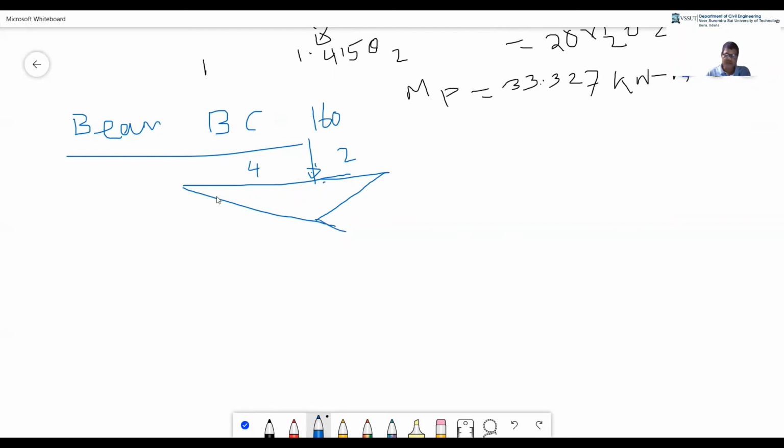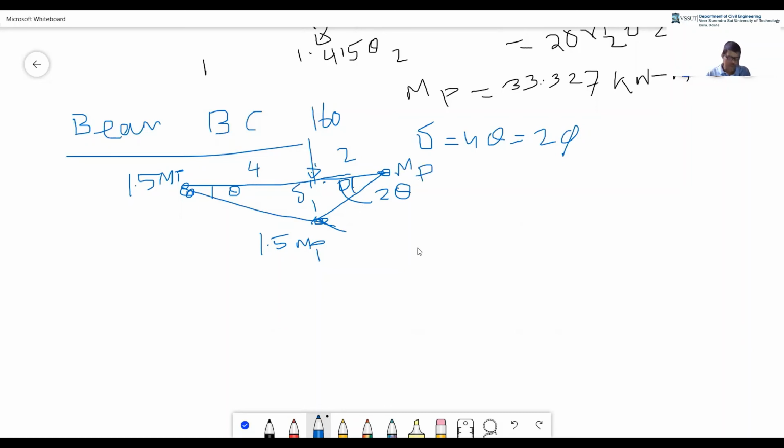Okay. Now, if this is theta, and this will be 5. Now 4 into theta, delta will remain same, and delta is equal to 4 theta is equal to 2 phi. So phi is equal to 2 theta. So if it is theta, this will be 2 theta. Now here there will be hinge here, hinge here, hinge here. Each hinge will be 1.5 MP, right? It will also be 1.5 MP, and here it will be MP.